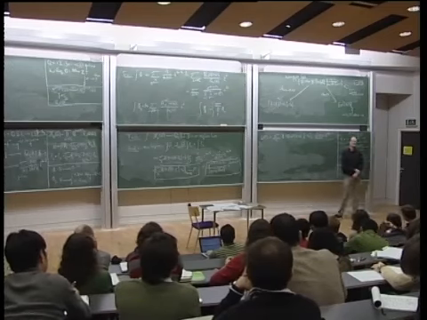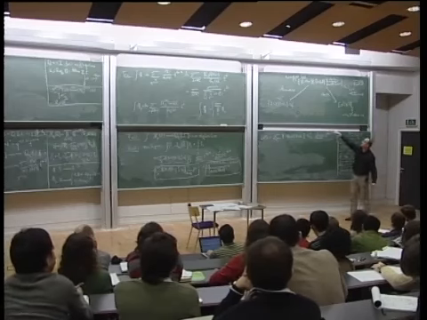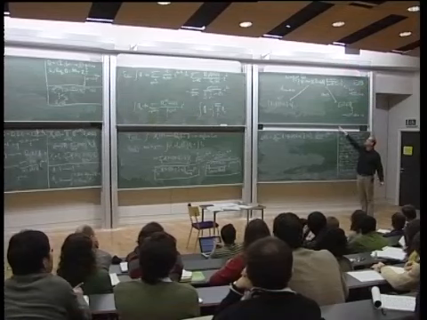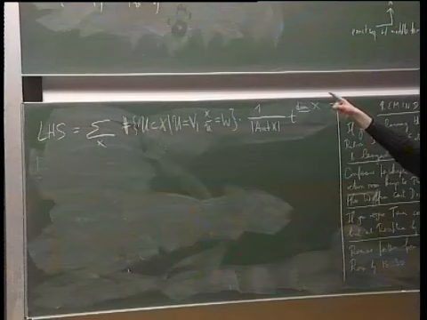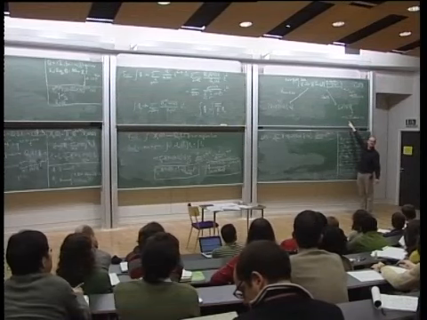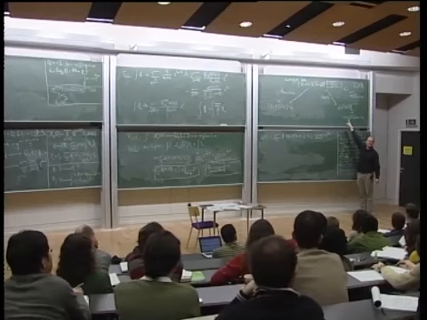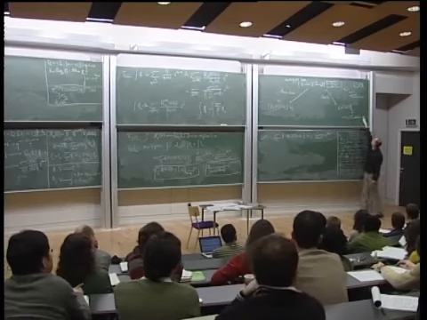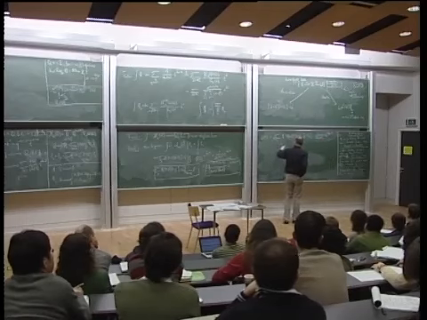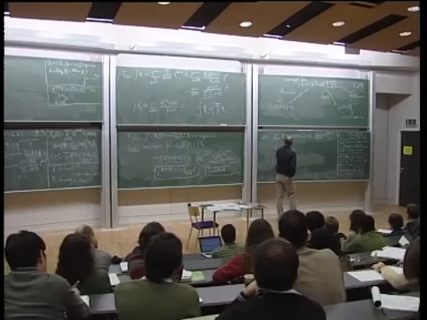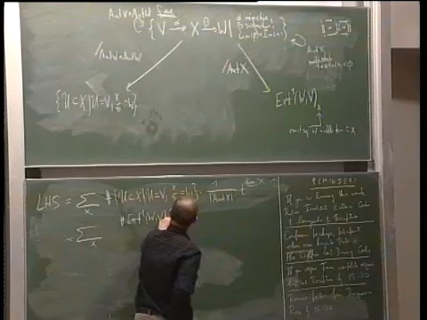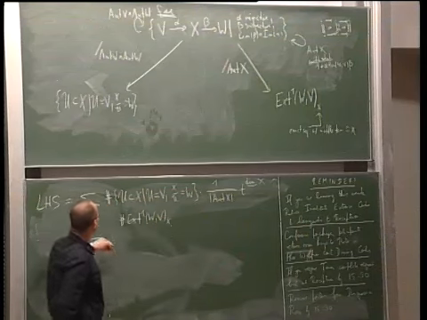Now how to rewrite this cardinality? Look at this diagram. The cardinality of the left-hand side is the cardinality of the top thing divided by the cardinality of the group we are factoring. On the other hand, the cardinality of this top thing is the cardinality of this X1 space times, not the cardinality of Aut x, but Aut x divided by the cardinality of the stabilizer. So anyway, what counting in this diagram gives you is the cardinality of the set of extension classes with middle term isomorphic to x,